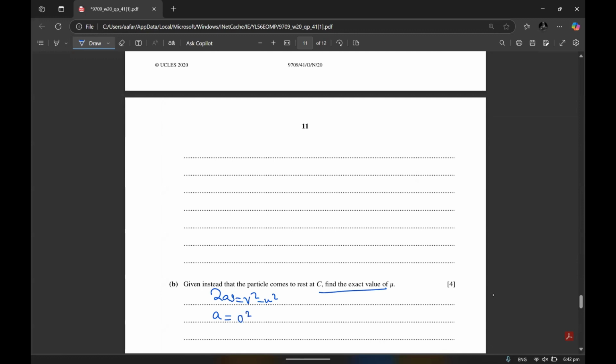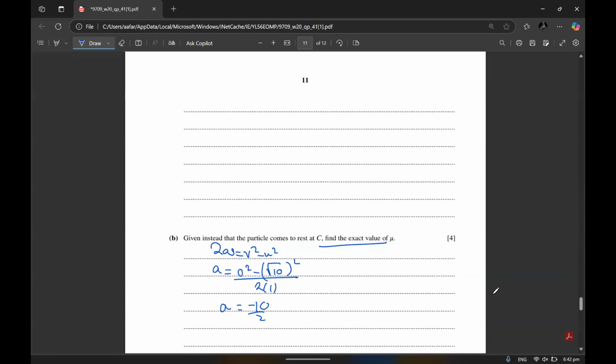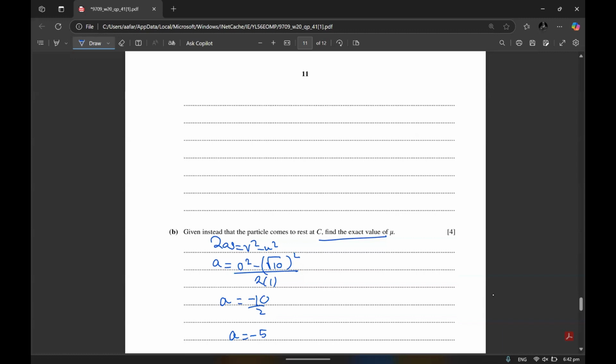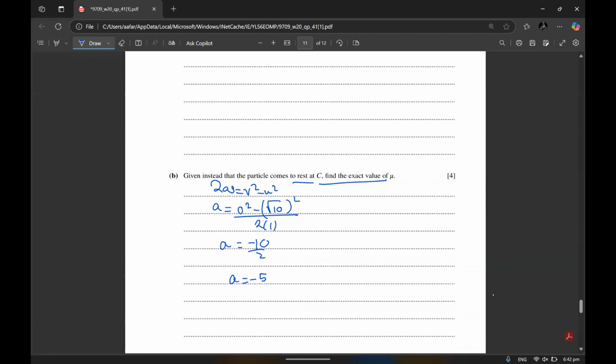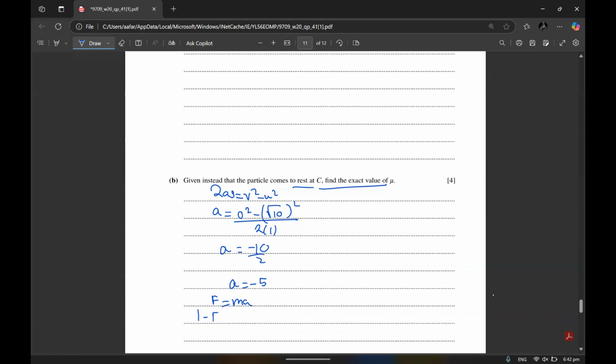So v square, which is 0 square, minus the initial velocity, which was under root 10 square, over 2 times 1. Its acceleration should be equal to negative 10 over 2. So it will only come to rest at C if it has a negative 5 acceleration. And we know that F is equal to ma. So the weight minus the frictional force, since if mu is changed, that means the frictional force is also changed, is going to be the mass of the particle times its acceleration. So the frictional force is basically